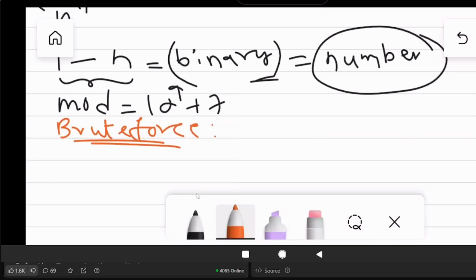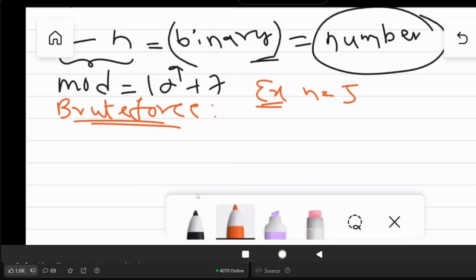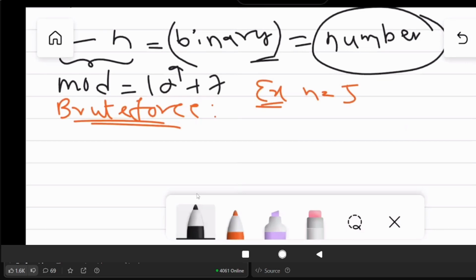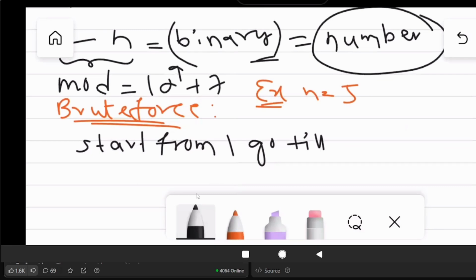Let's suppose I'm taking example n is equal to 5. Okay. So the brute force way is that start from 1 and go till 5 and